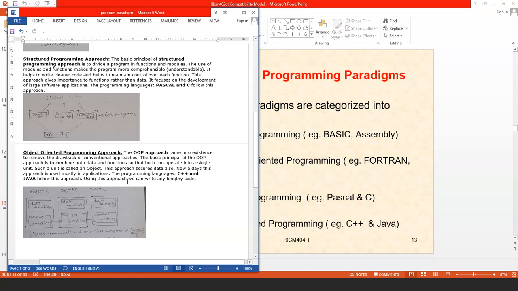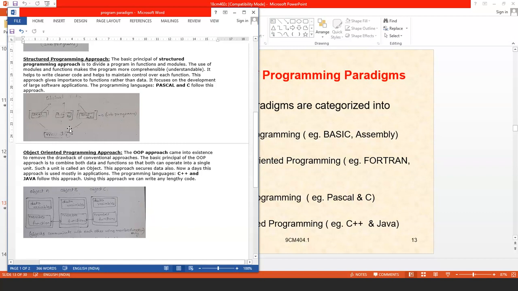The basic principle of the OOP approach is to combine both data and functions. If you observe here, it has some local data in these subprograms, and it has some global data. So the basic principle of the OOP approach is to combine both data and functions so that both can operate as a single unit.